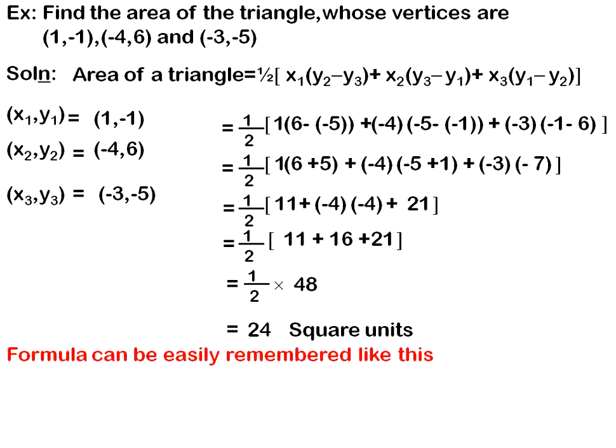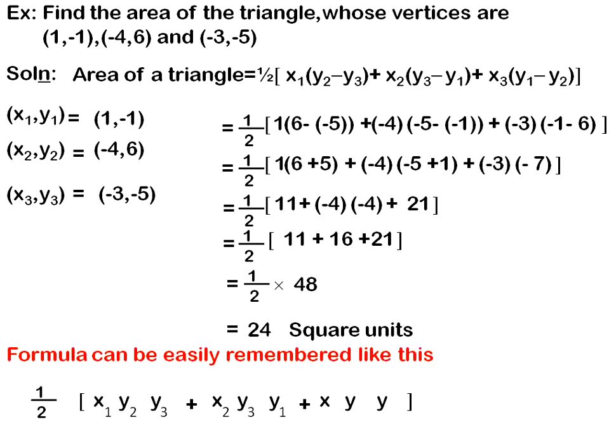So the formula can be easily remembered like this. See here. First you have to write half, then simply write into the bracket x y, plus x y, plus x y, close the bracket. So you have to write x y 3 times. Now write the numbers 1, 2, 3 in order. Now change the order: 2 becomes the first, 2, 3, 1.